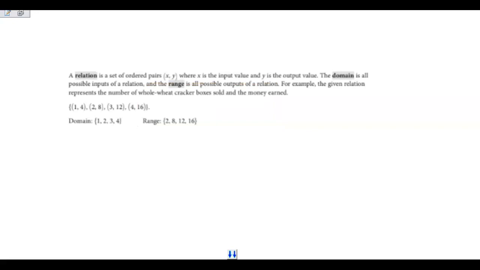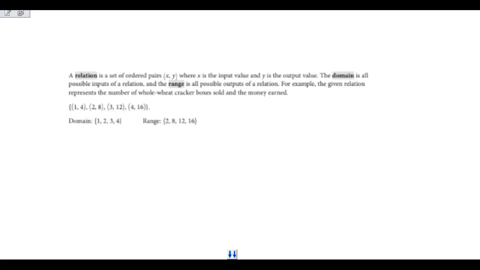Hello. Today we're going to be working with understanding relations and functions. And if you have been with me through the previous few videos, you will have already seen some of this, but we're going to put it all together now. So a relation is a set of ordered pairs, x and y, where x is the input value and y is the output value. The domain is all possible inputs of a relation, and the range is all possible outputs